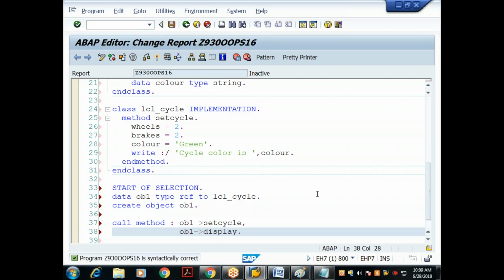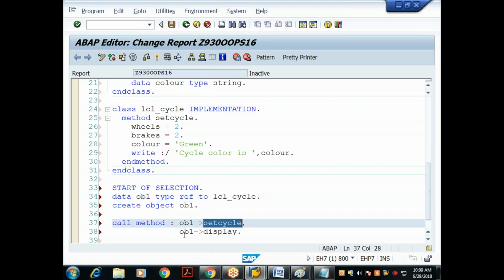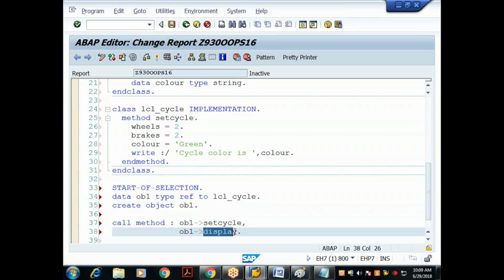Display. Right. So ob1 is the object of what? Subclass. Using that object, I'm accessing its own method. Also I'm accessing what? The inherited method. This display belongs to which class? Vehicle class. I'm able to access it by using the object of what? Subclass. So when I execute this,